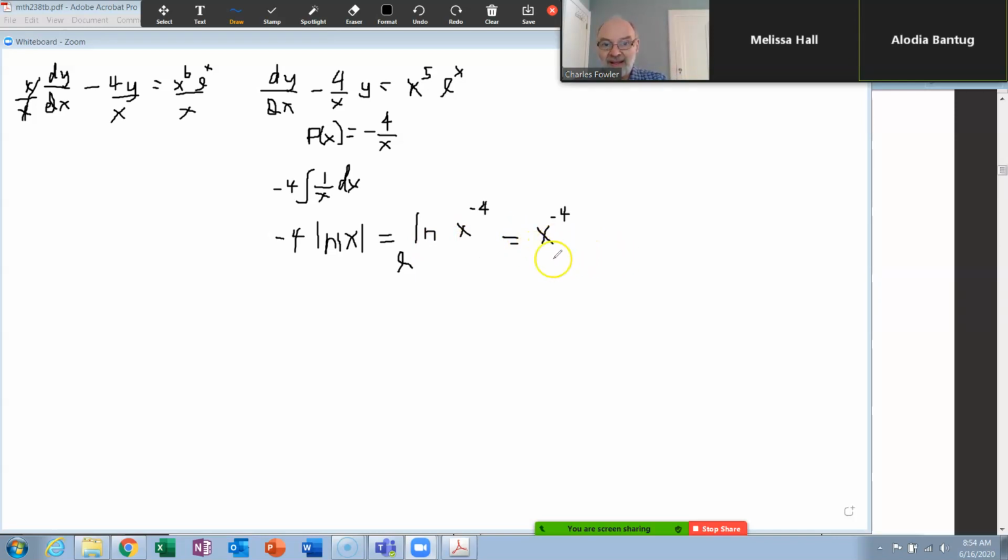We multiply this integrating constant, they were calling it mu of x, by every term in the differential equation that we have in our standard form. Okay, so let's do that. Even though it's tedious to write, we'll try to do it. That gives you x to the minus 4 dy dx